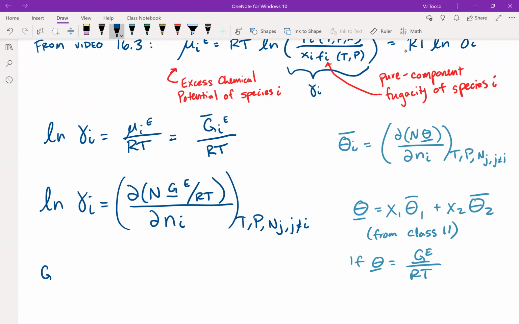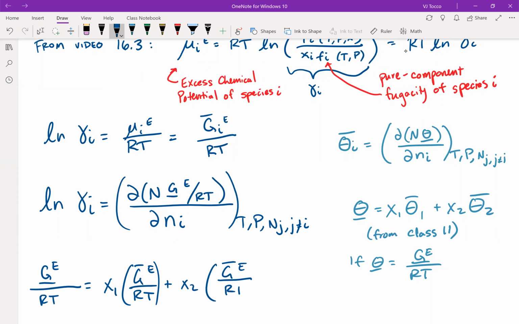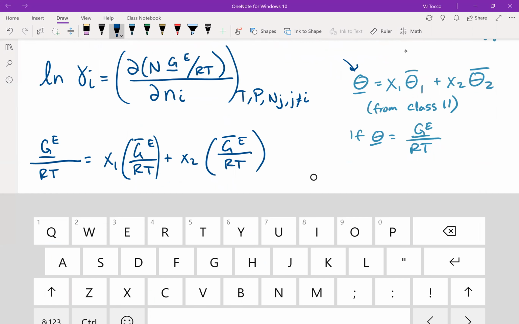I can say excess molar Gibbs free energy divided by RT for a binary mixture is x1 times the partial molar excess Gibbs free energy over RT plus x2 times the excess partial molar Gibbs free energy. This is becoming a mouthful. All right, so just by applying this equation, by saying that theta under bar is GE over RT, then I obtain this thing. And now I can say that because